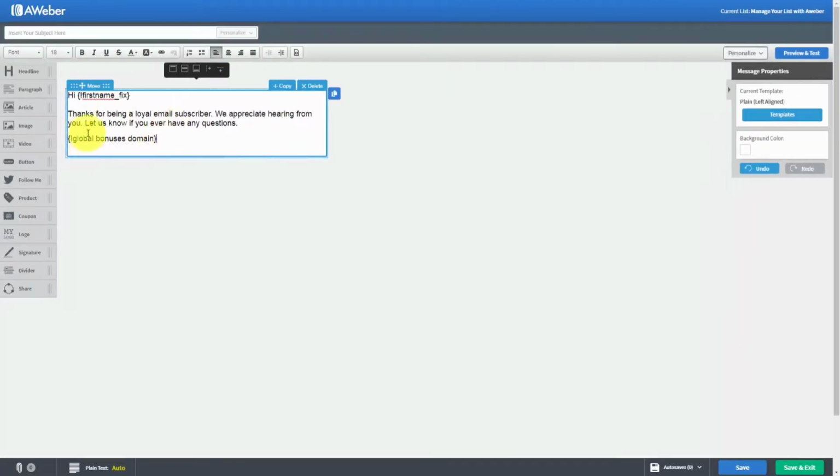And then what will happen is when our email is actually sent, our domain name will appear there because we've actually placed the snippet code here inside of our email. What this does is it helps us to save time and effort and to focus on the message of our